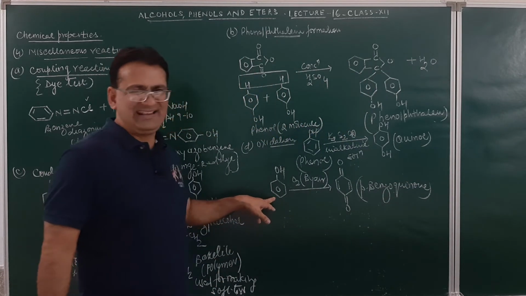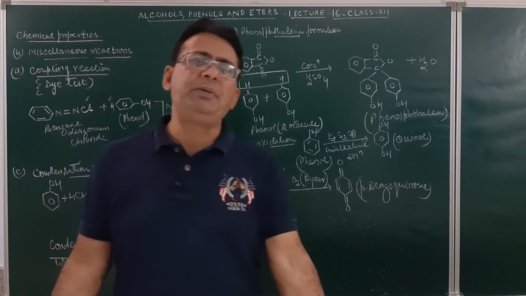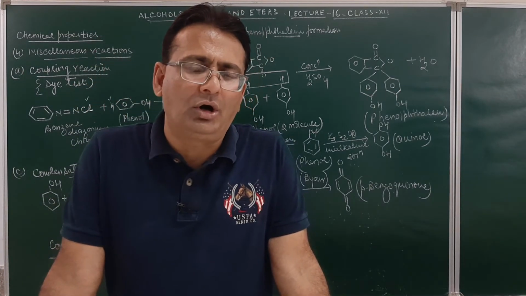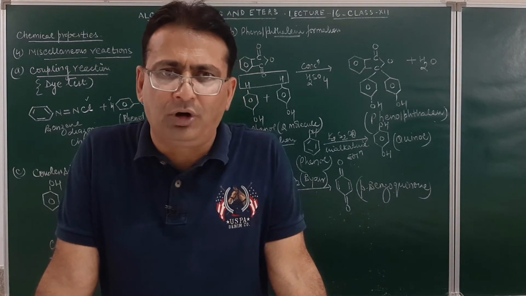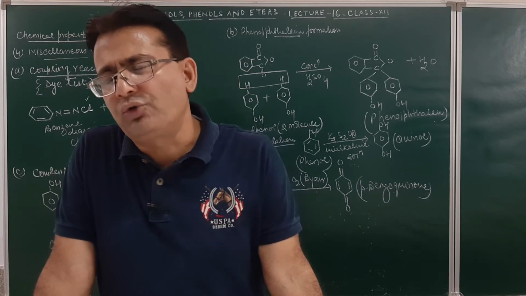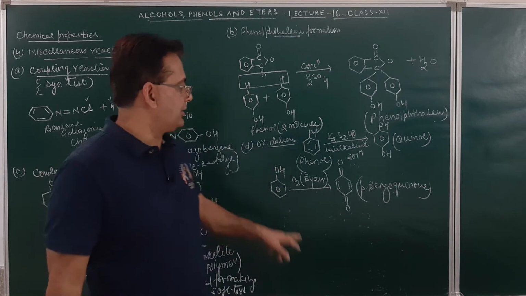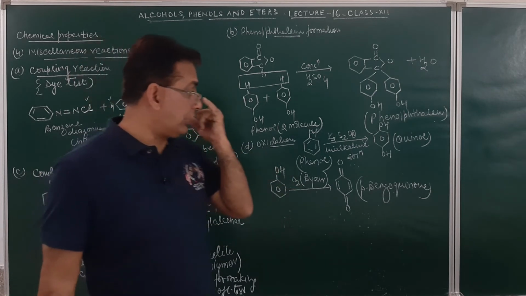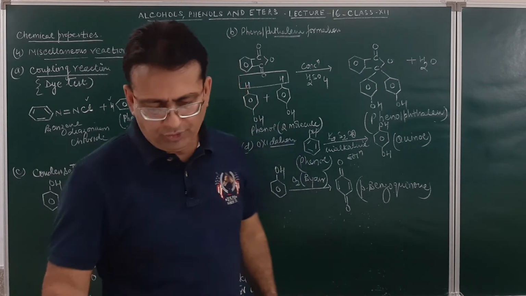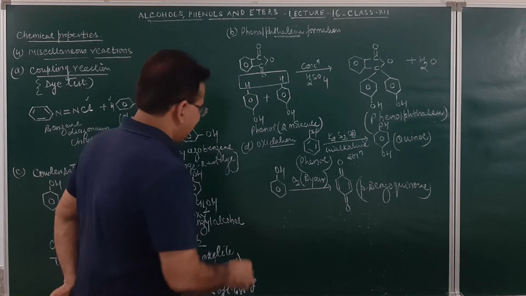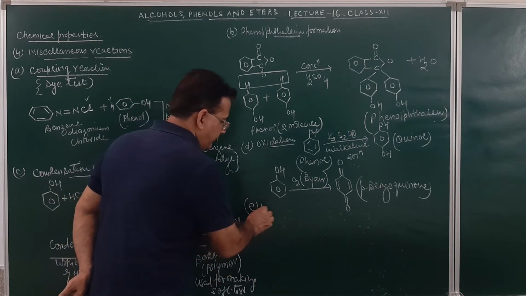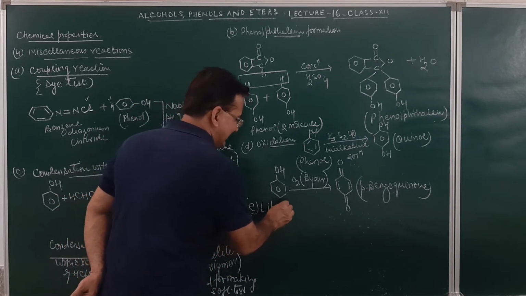Phenol is colorless, but it appears to be pink in color as it undergoes oxidation in the presence of air to form para-benzoquinone. The question can be asked, phenol is colorless, but why does it appear to be pink in color? Because in presence of air, it may oxidize to form para-benzoquinone. Fine. And the next reaction, which is again a test of phenol, is Lieberman's